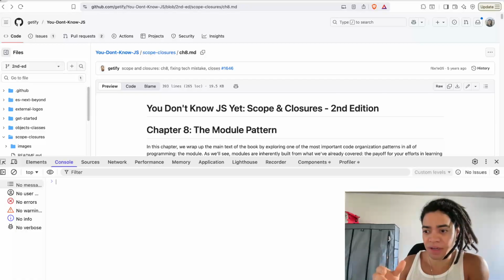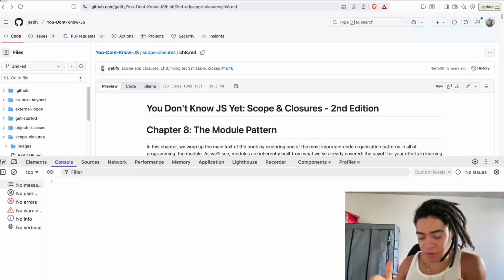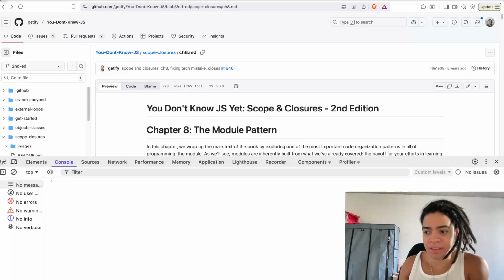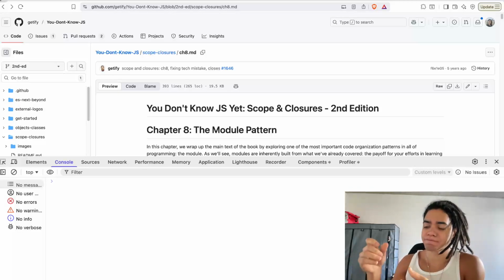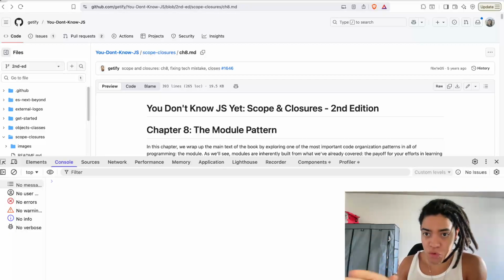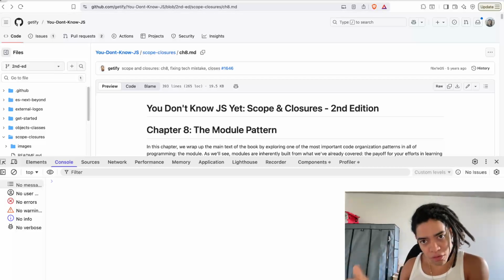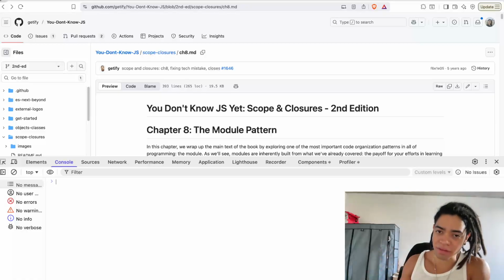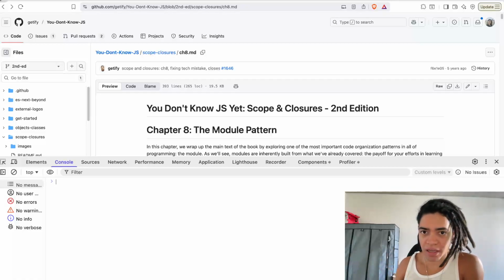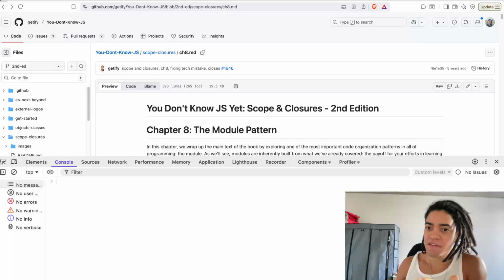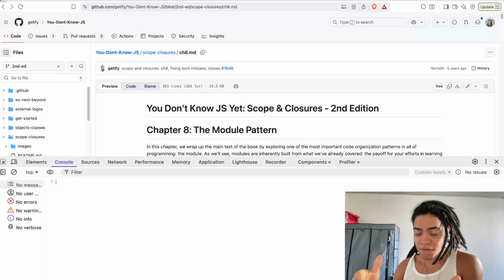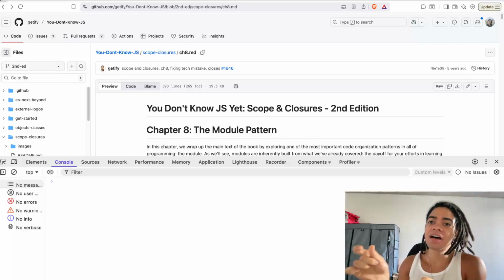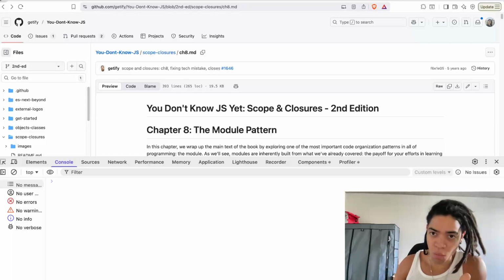and whether you define this as a function definition or as a function expression, the difference is that a function definition uses a keyword called function to describe what this function is and what it looks like. And if you want to invoke that function, you're going to call that function. And function expressions are functions that we assign to variables. And when you do that,